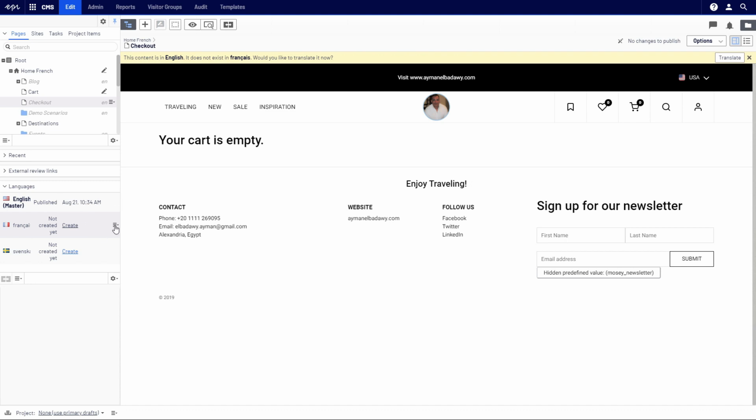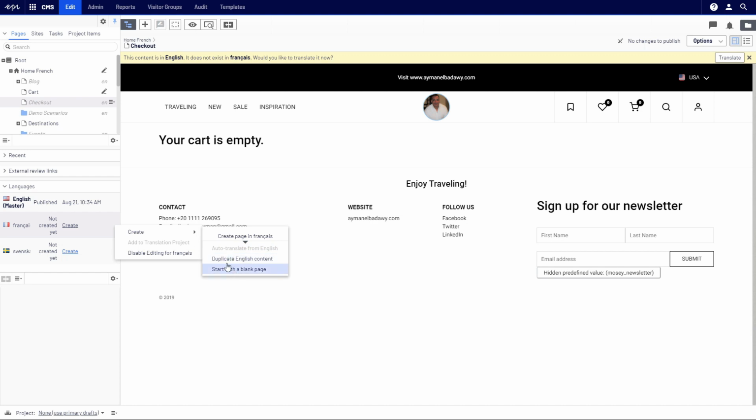So what you need to do here is to go, of course you select the page, then you go to the language, click create, and here as you can see there is three options. Start with a blank page which is exactly the same like the first approach. Duplicate English content, which is a different way that will create the structure in the target language and also will copy the content from the source to the target. The third option, which is disabled here, is auto translate from English. This is a service from Microsoft for machine translation, and I will share in another video how to use it.